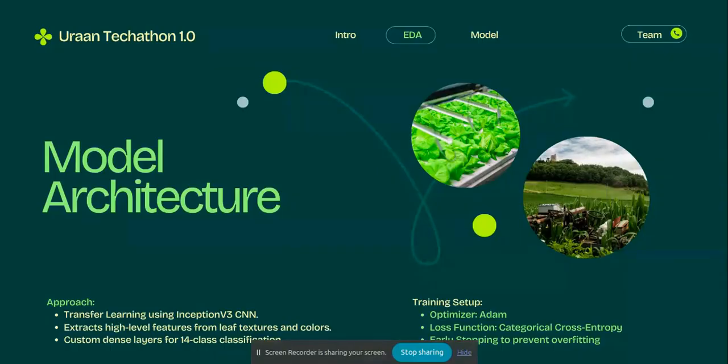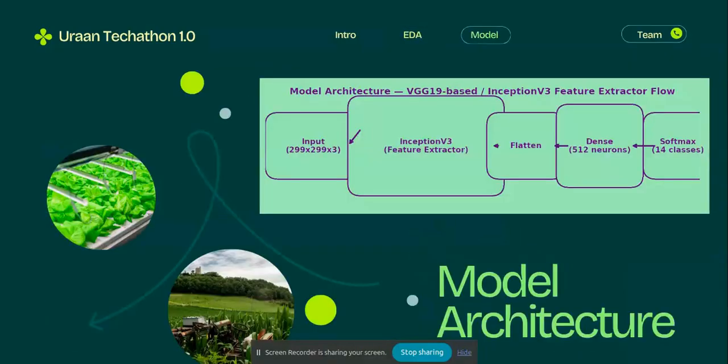After feature extraction, I added a custom classifier head on top of VGG19, a flatten layer to convert the feature maps into a single vector, a dense layer with 512 neurons using ReLU activation, and finally an output layer with 14 neurons, one for each disease class, using softmax activation for multi-class classification. Then I compiled the model using Adam optimizer, categorical cross-entropy as the loss function, and accuracy as the main performance metric. We trained the model for around 26 epochs